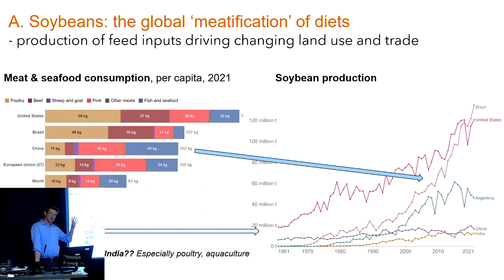And remember, if we go back to land use, if countries such as India and many African countries are going to carry on growing urban incomes and increasing their consumption of protein, where's the soya going to come from? So it won't necessarily be pork, but it'll be things like fish and chicken, etc. So you can see where India is, and just think about what happens as Indian incomes in urban areas